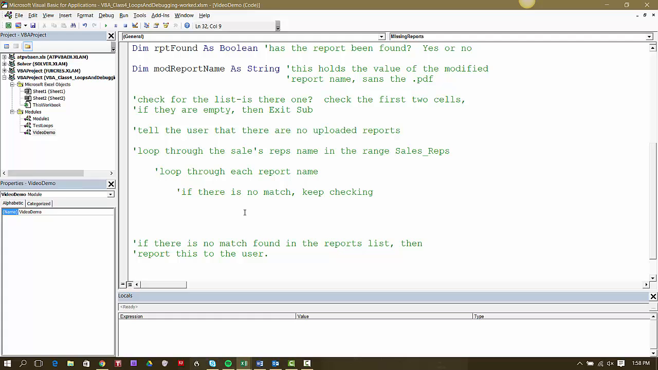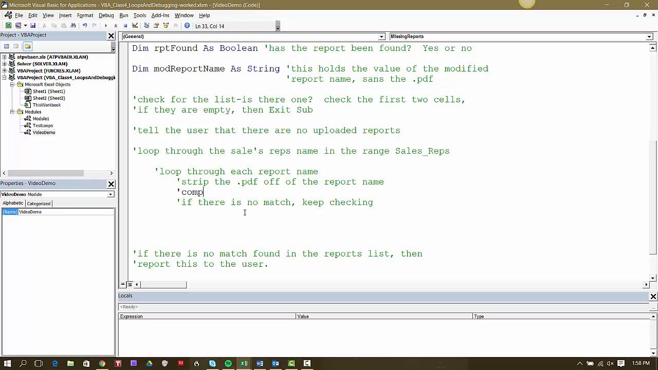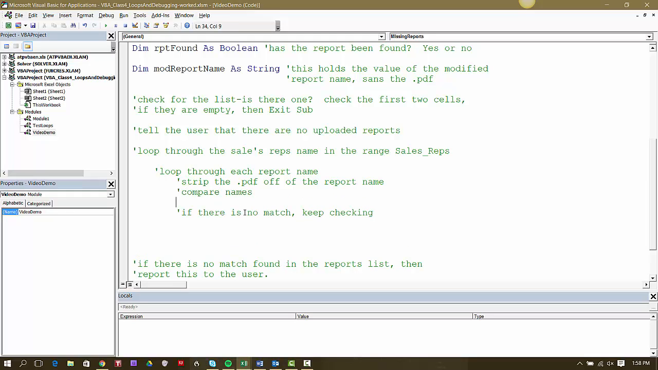So somewhere in here, I also have to strip the PDF off of the report name, and then go through and do the comparison. Okay. All right. Now, as we go through this loop, I'm going to go through a loop within a loop. If we find a match,